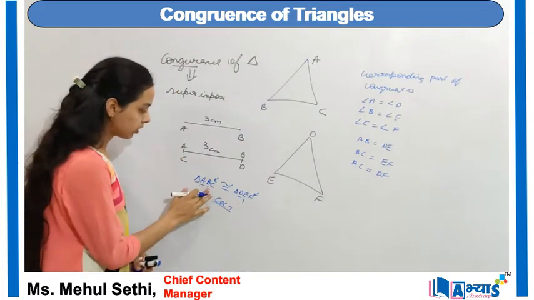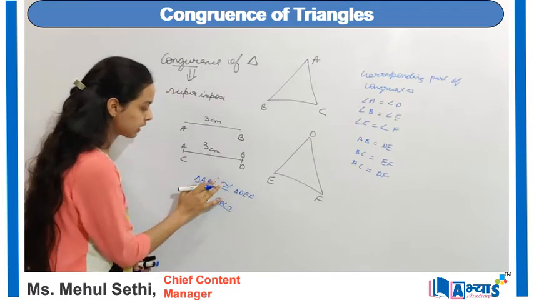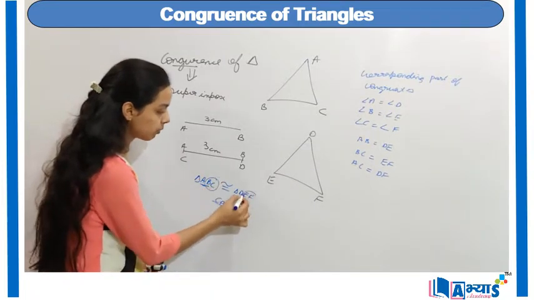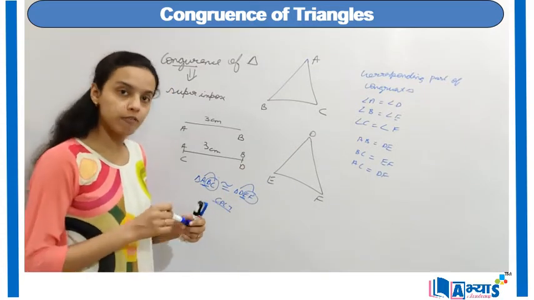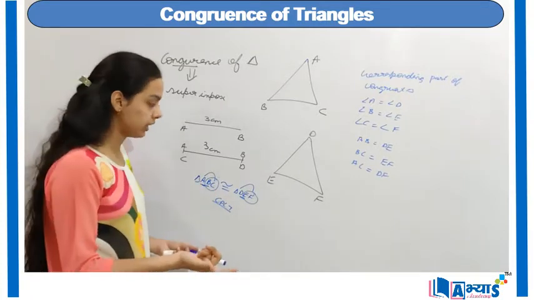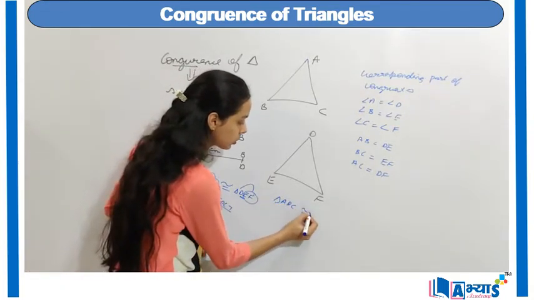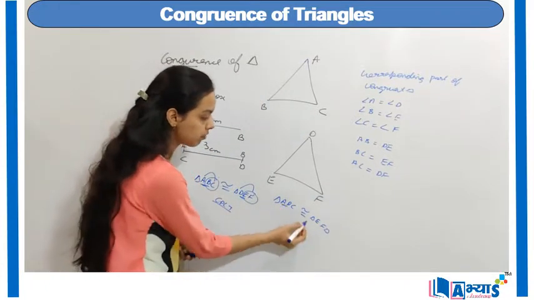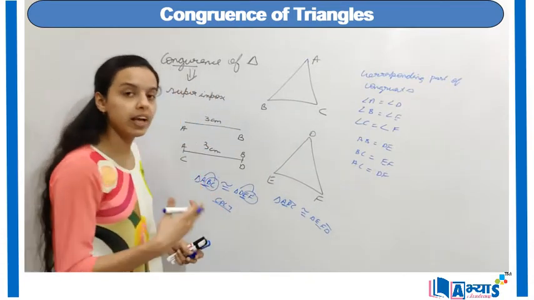You can also get these from the statement itself. In this case AB will superimpose on DE, then BC will superimpose on EF, and AC will superimpose on DF. So you have to mention the corresponding parts, otherwise ABC will not be congruent to DEF. It can also be written as ABC is congruent to EFD. Then in this case AB will superimpose on EF, BC will superimpose on FD, and similarly.